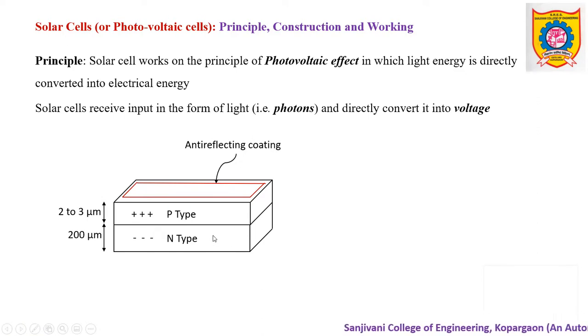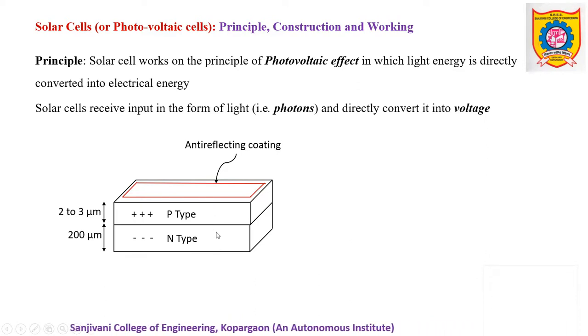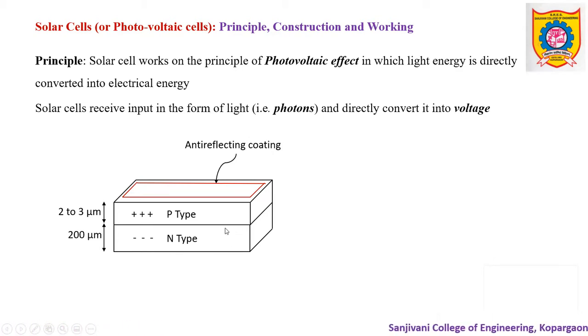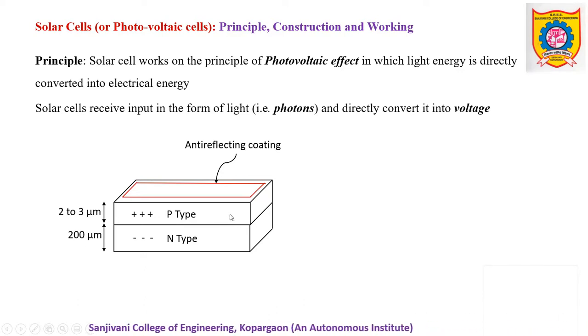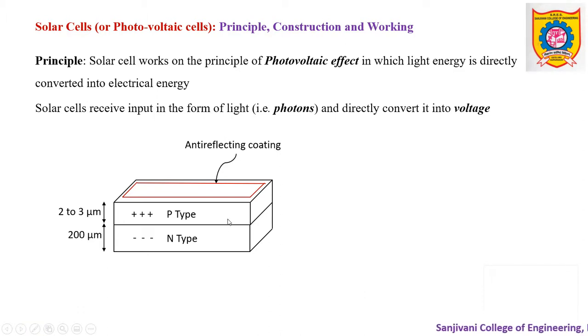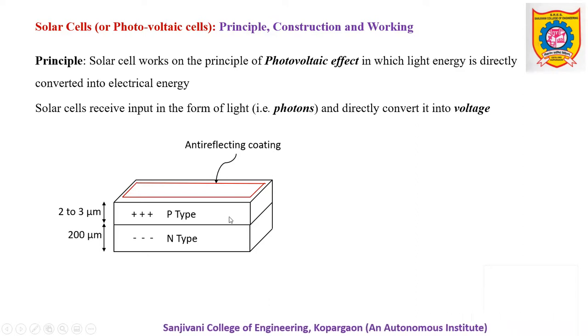And whenever there is movement of one electron from N type to P type, that means there is loss of one electron, and therefore there will be formation of one fixed, immobile ion with positive charge in the N region across the junction. In a similar manner, when a hole is transferred from the P region to the N region while diffusing, there is loss of one hole, meaning loss of one positive charge, and hence a fixed negative ion is created in P type across the junction.